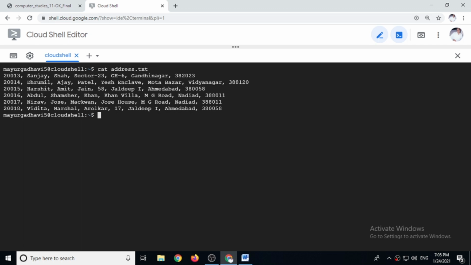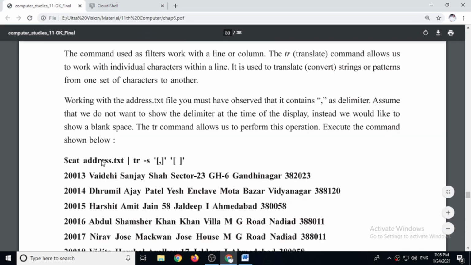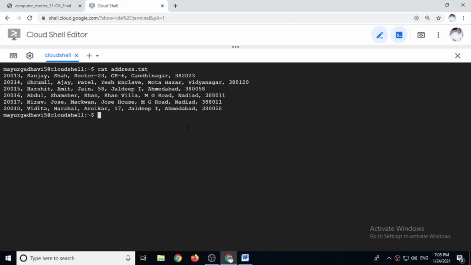Now we will use the tr filter. So for that, cat address.txt, and then using the pipe sign we transfer the output to tr. So cat address.txt pipe tr -s. The -s option is compulsory here.